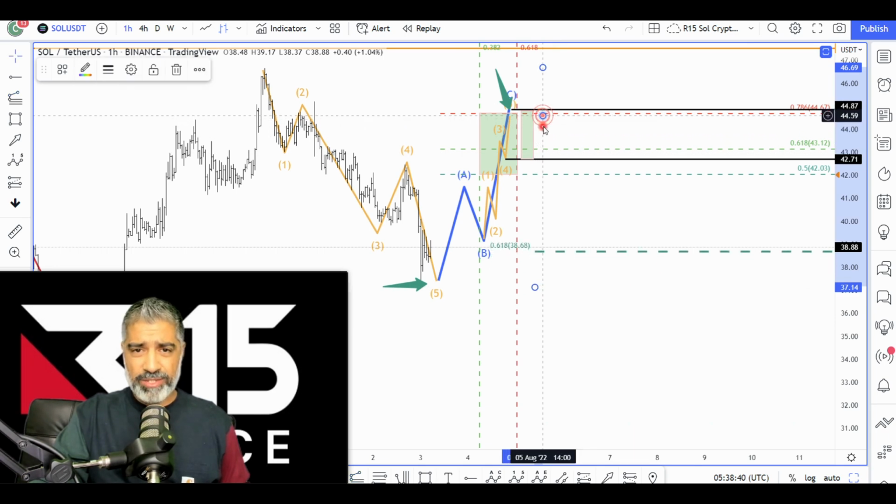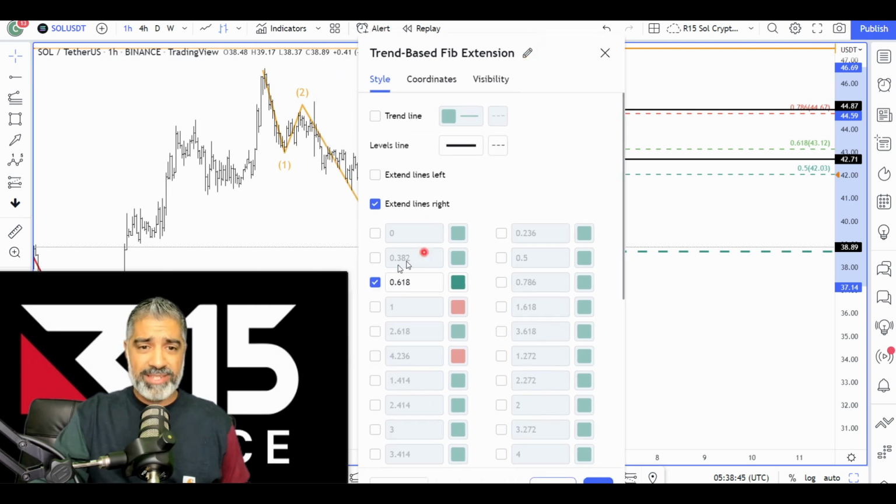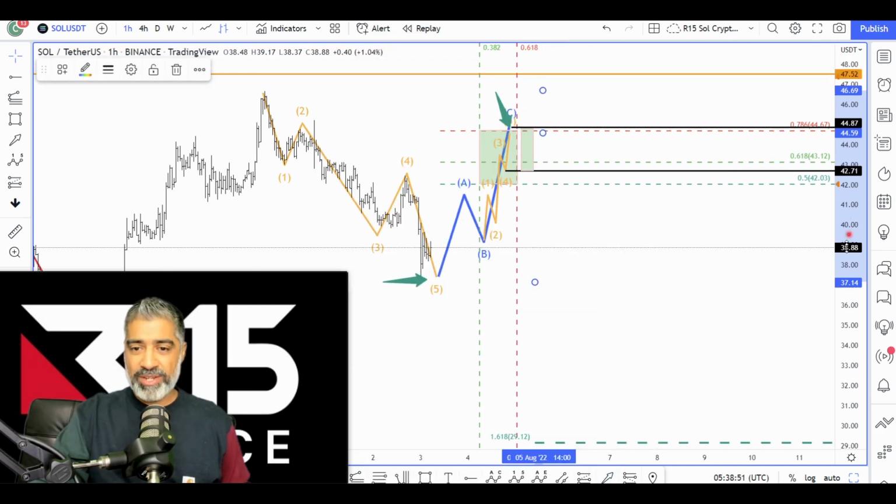Let's just say it did correct over here. The ratio of the next move to the downside is typically 1.618 of the previous move. Now, what does that mean in English? What that means in English